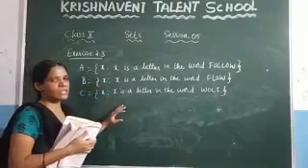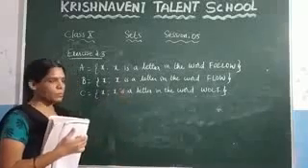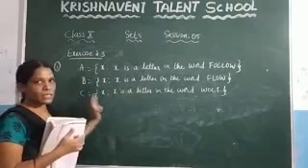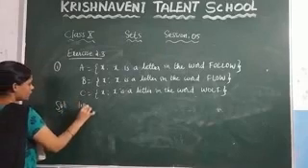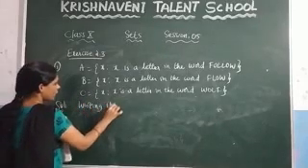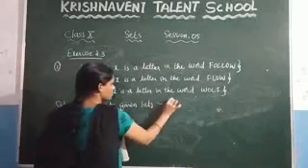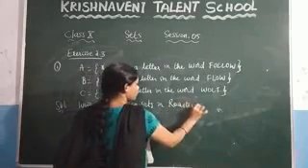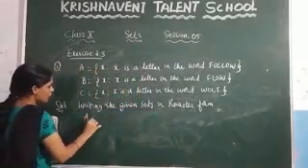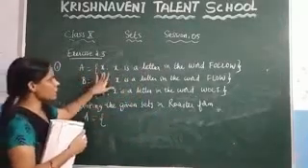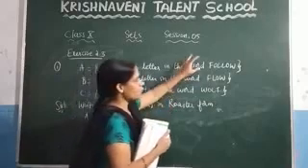Here, they have given the sets in the set builder form. You need to write the set builder form in the roster form. Roster form is nothing but writing the elements that are present in the set. So, writing the given sets in the roster form. After that, what is the set A? They said here x such that x is a letter in the word follow. You need to write the elements that are present in this word.